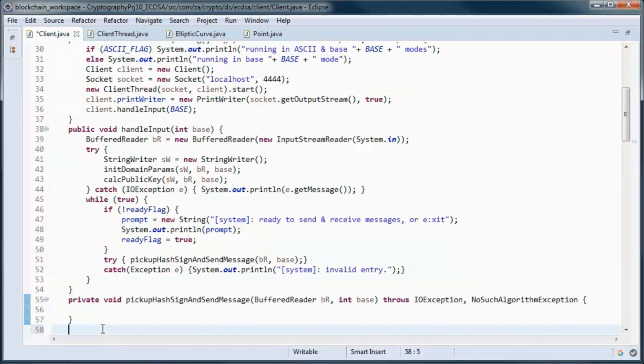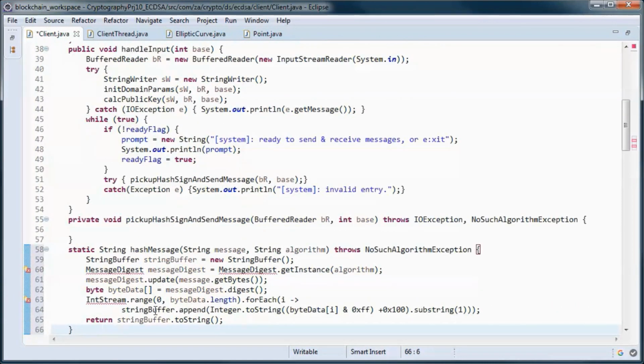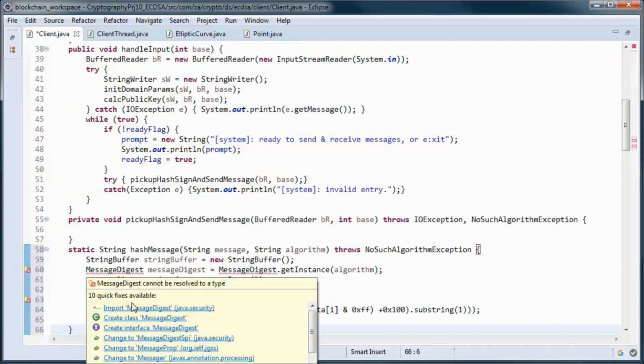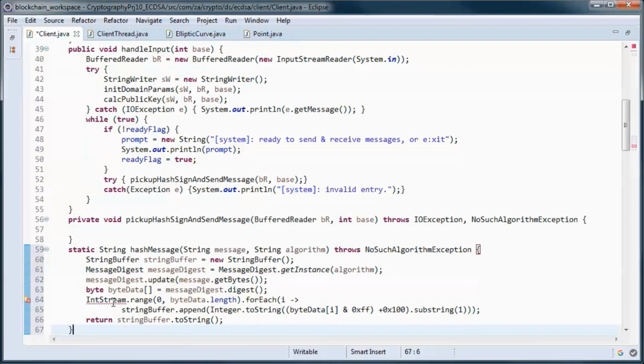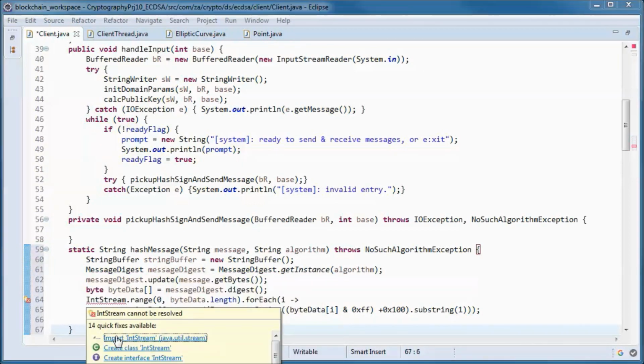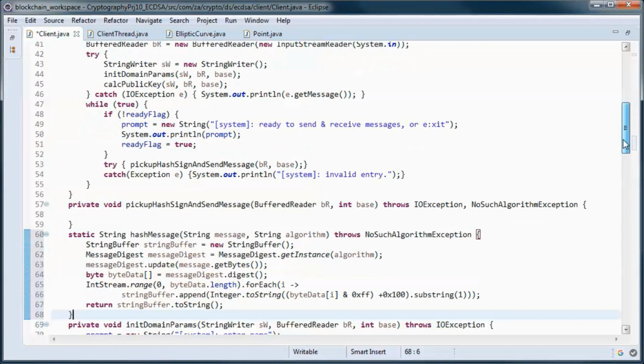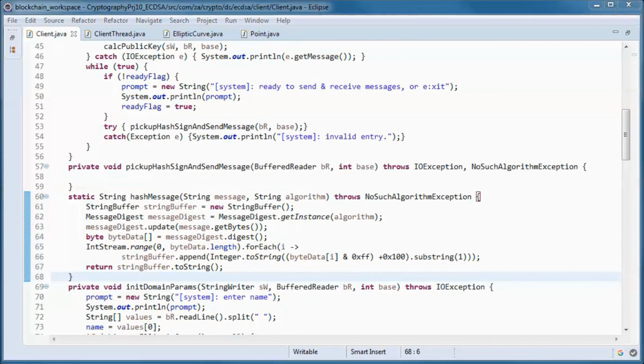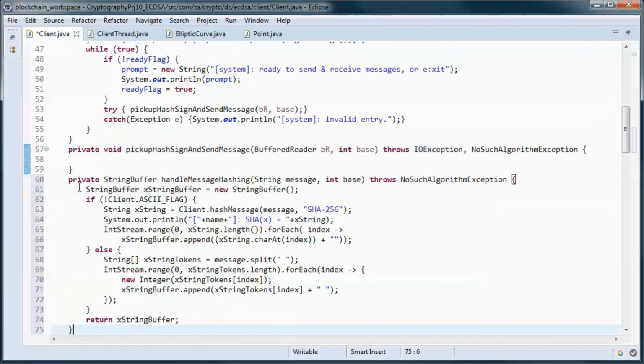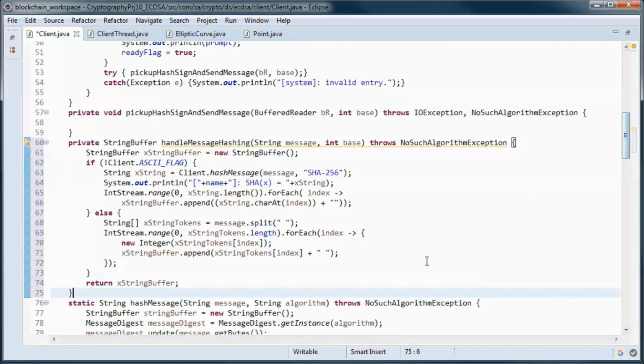And this method does message hashing, and we call it from this method, handle message hashing.